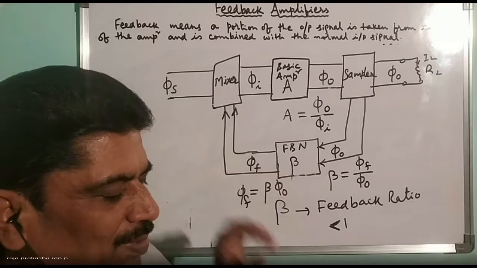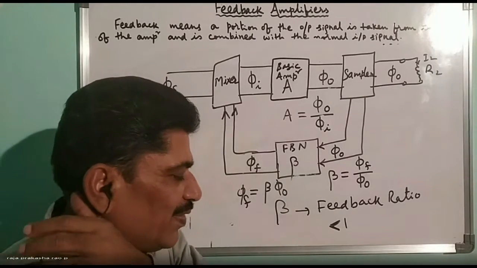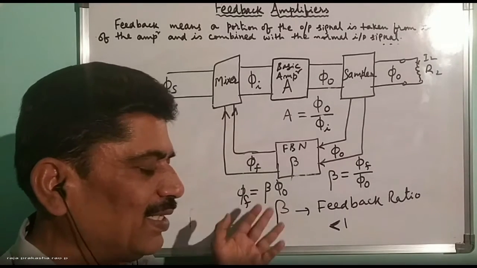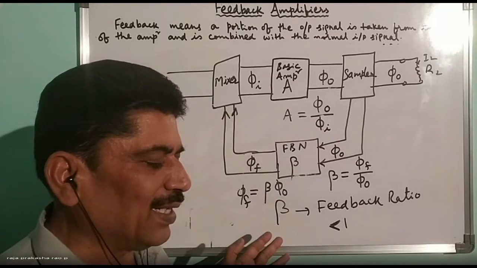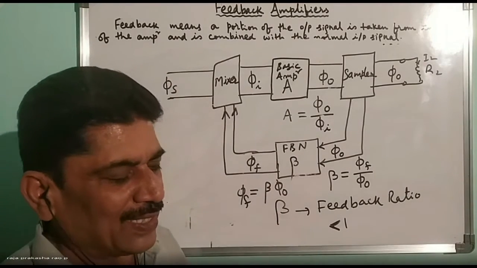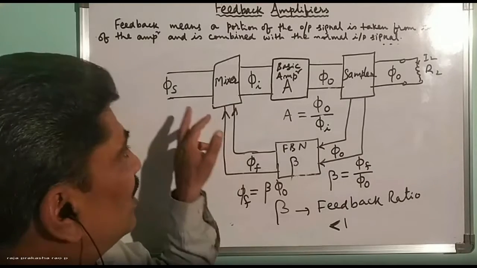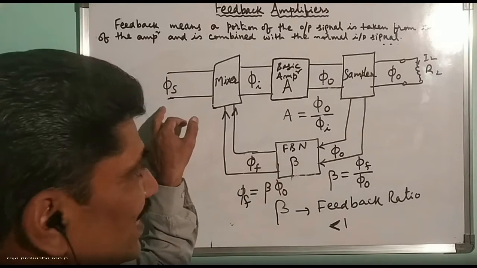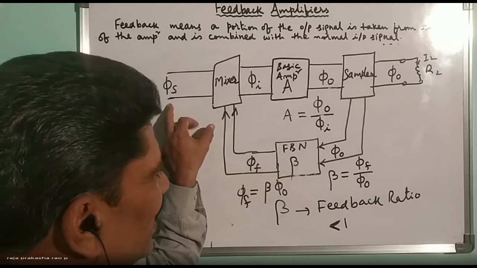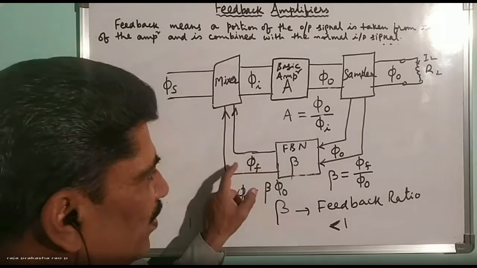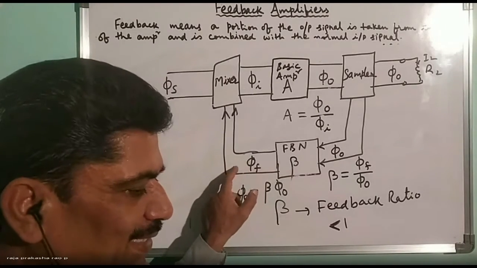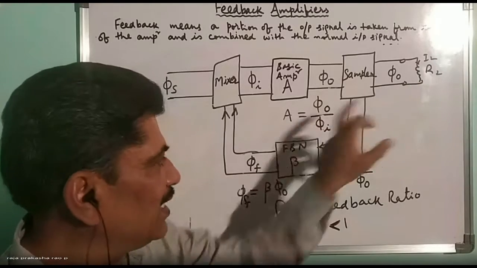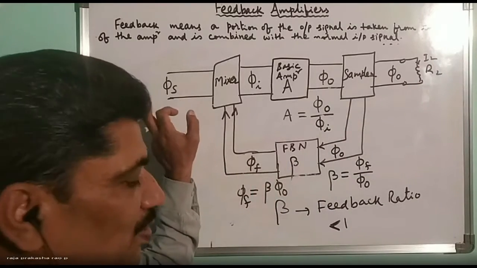I have done many problems also for the basic amplifier, that is, it has to be connected to the, I have said many times, the source signal and with a source resistance in series with that. Here we are using only the source signal, that is Vs. This Vs is to be added to Vf. The feedback signal, that is a small portion of this output signal, is Vf. It is added to Vs.